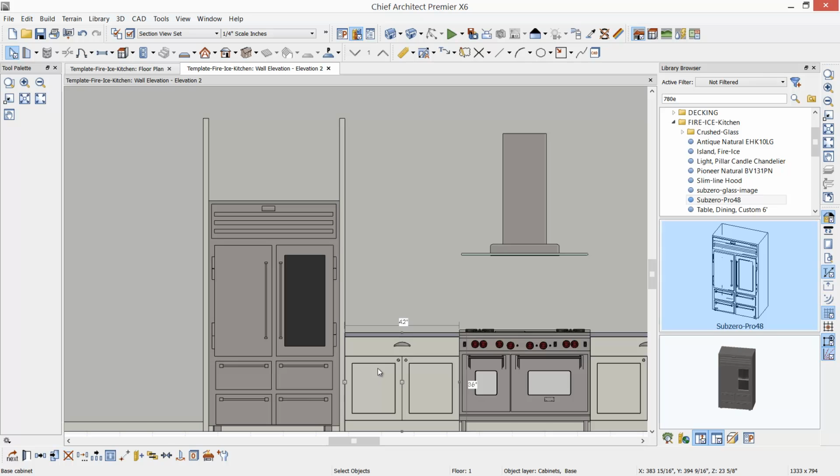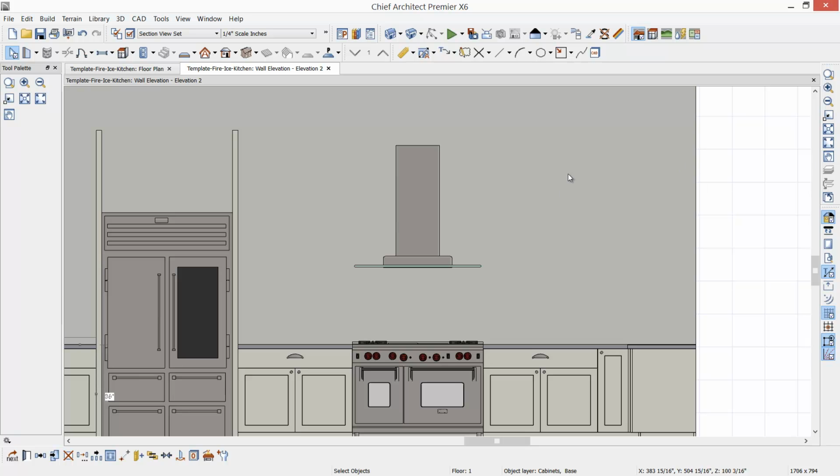I'm going to grab this base cabinet and use the Copy and Reflect About, and I'm just going to resize that to 36 inches. I'm going to come back to this. This is going to become our custom specialty cabinet for our wine storage, and I'm going to revisit that here in a little bit. Let's close our library